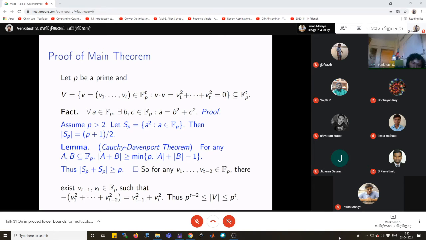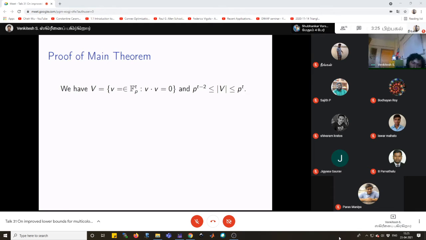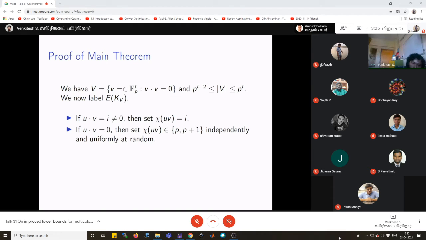Okay. So what do we do with this set V? As I said, it's the set of vertices of a graph. So which graph are we talking about? The complete graph itself. The vertex set now is this set V. And what sort of colors do we get, or what sort of labels do we give to the edges? So now we'll again look at the dot product. All of this dot product is modulo p, as you would have understood, although I'm not writing mod p all the time.